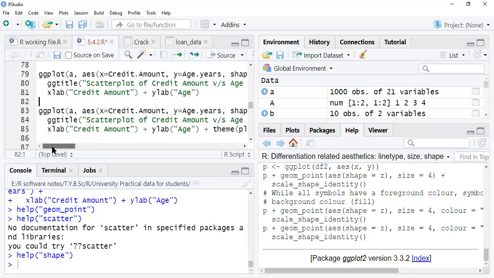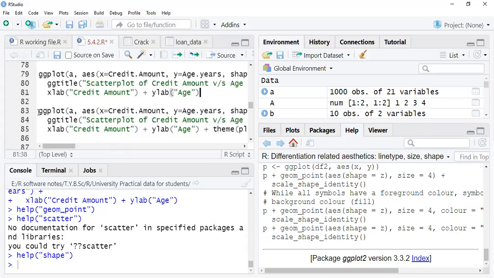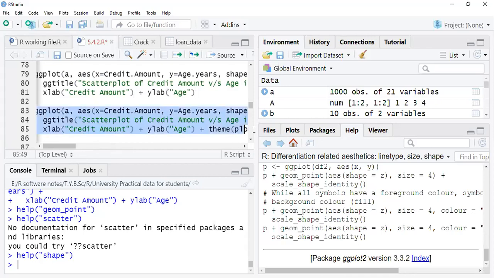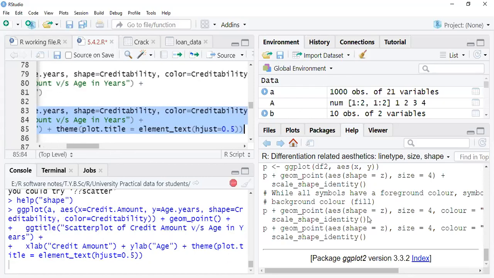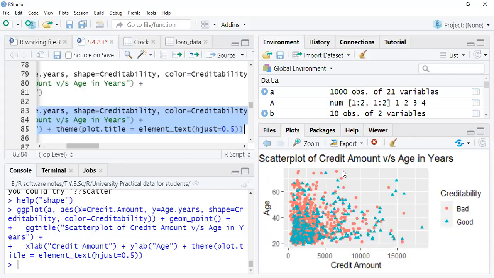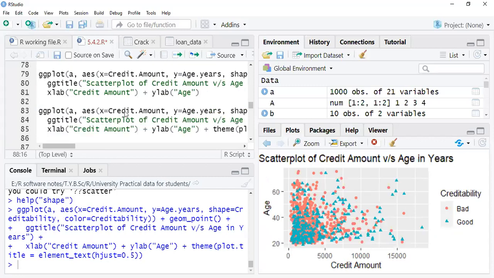So this is regarding your scatter plot. You can keep it in the middle also, in the center, so giving the point. Okay.